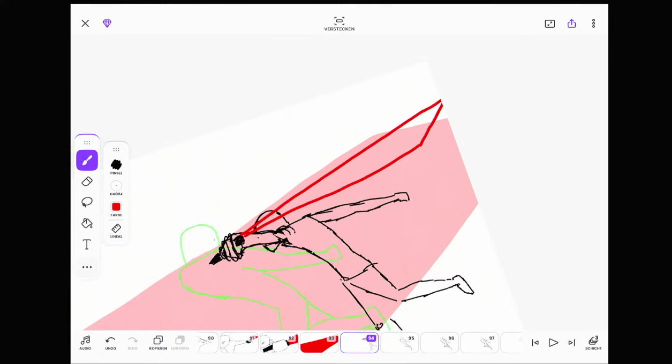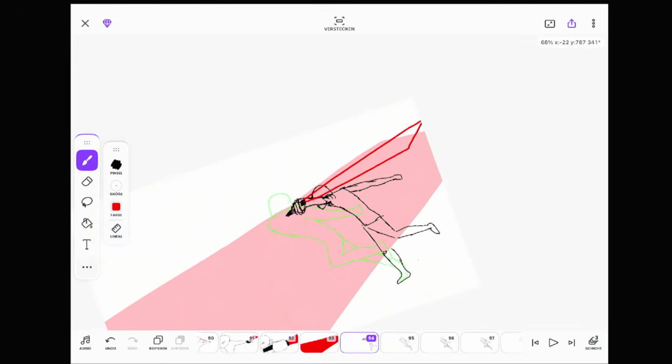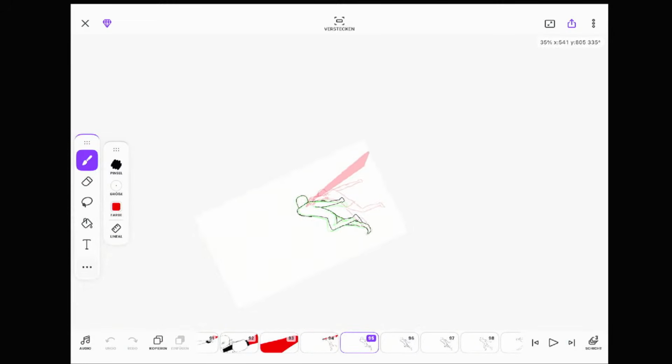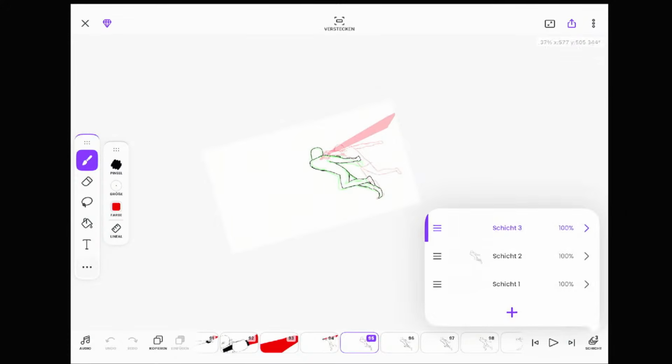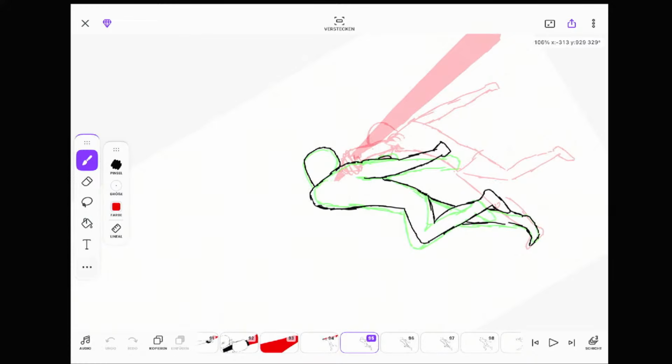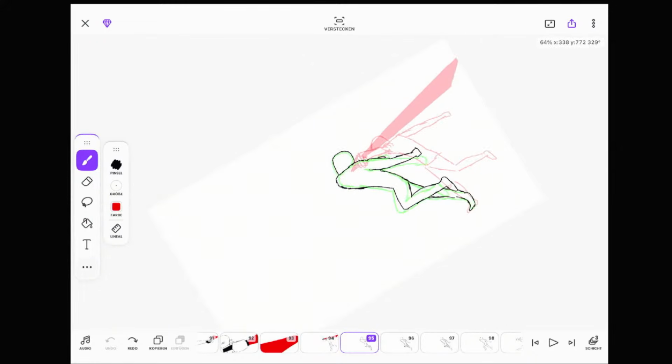Maybe, and then swing. Lightsaber at the moment right here.